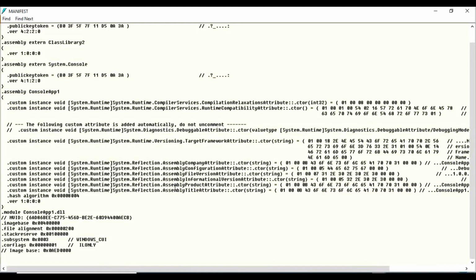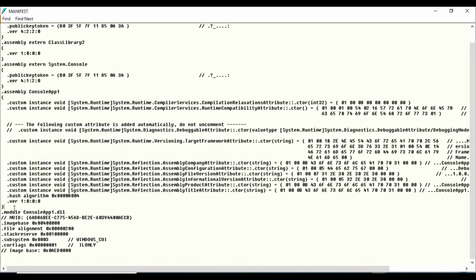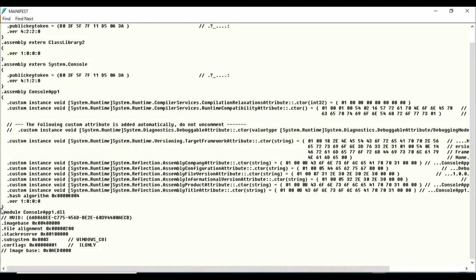I showed you that information in the project, in Visual Studio, but the same information is present in this manifest file as well. This is again additional information about the assembly itself: module, image base, file alignment, stack reserve, etc. So we don't have to bother about this file much. Anyway, only the runtime needs this file to find out the dependent assemblies during program execution.